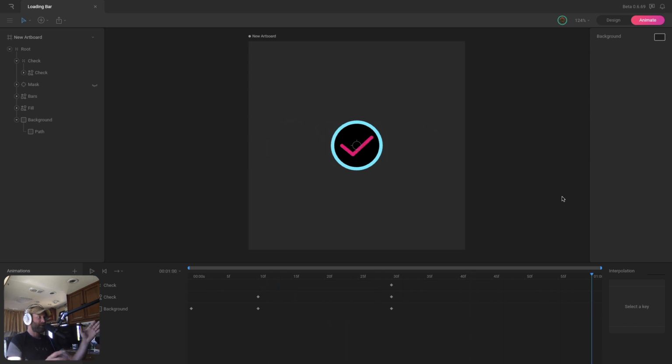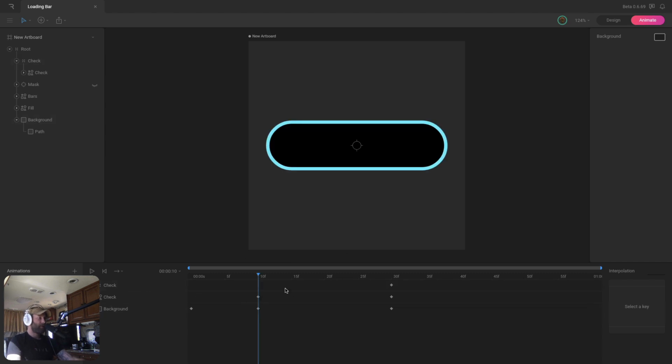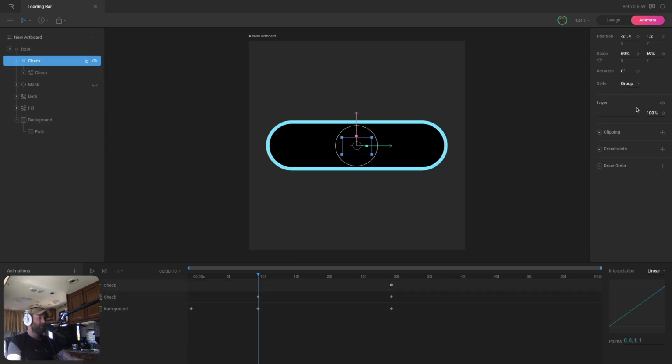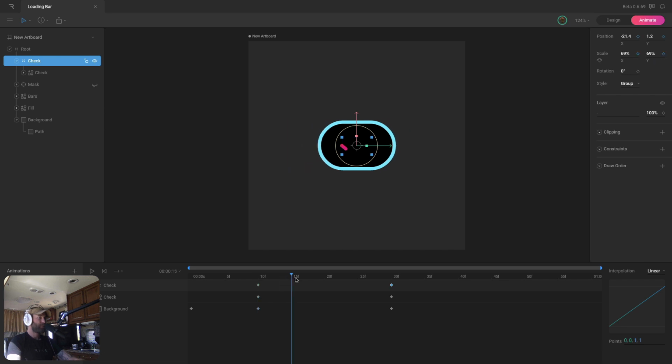Okay, so now we can add some squash and stretch to the check mark and the background. So I'm going to start with the check mark here and go to 10F, grab the check mark group, key the initial scale, go forward to about 20, scale it up, go to 30, squash it down, oops.